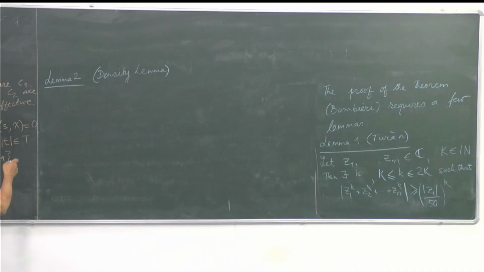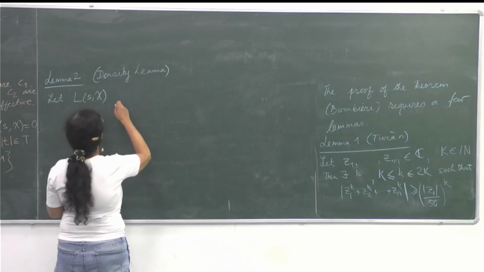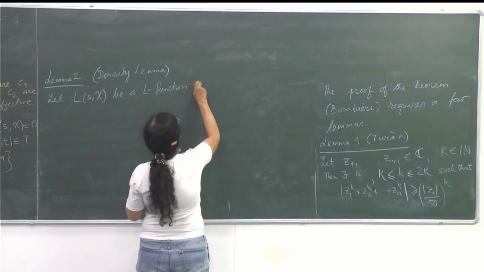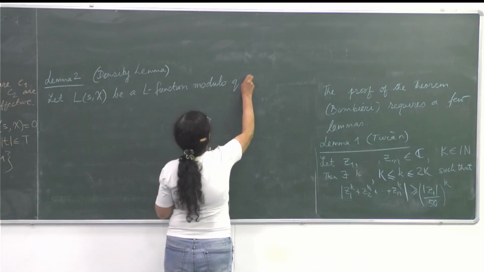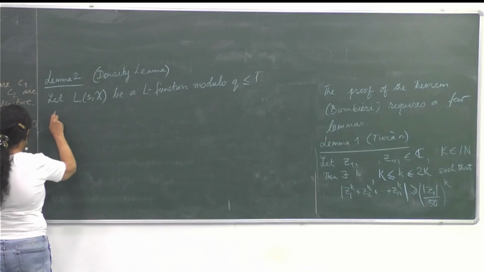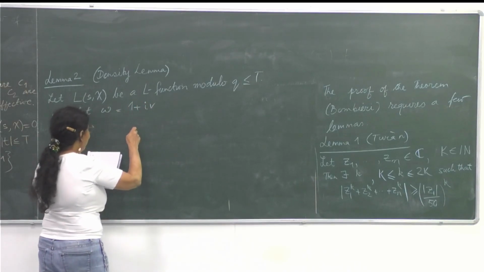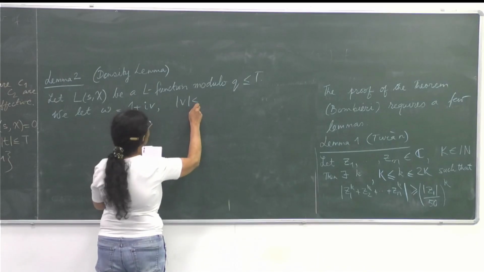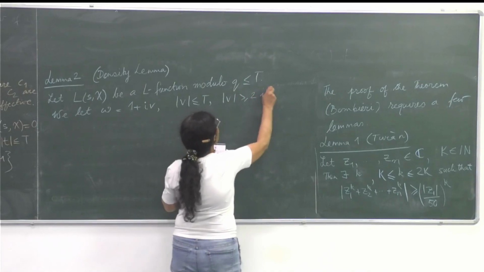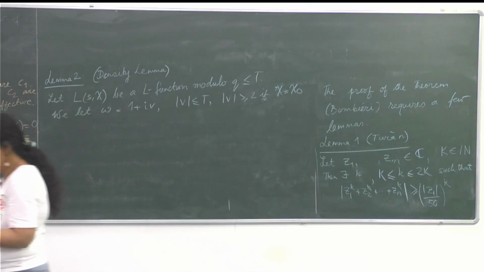All right, so I will take an L-function modulo Q, and this Q, the modulus, is bounded by T. And we will let W equal 1 plus iV, and V is also bounded by T. But V is at least 2 if you have the case that chi is chi_0. Okay. Then